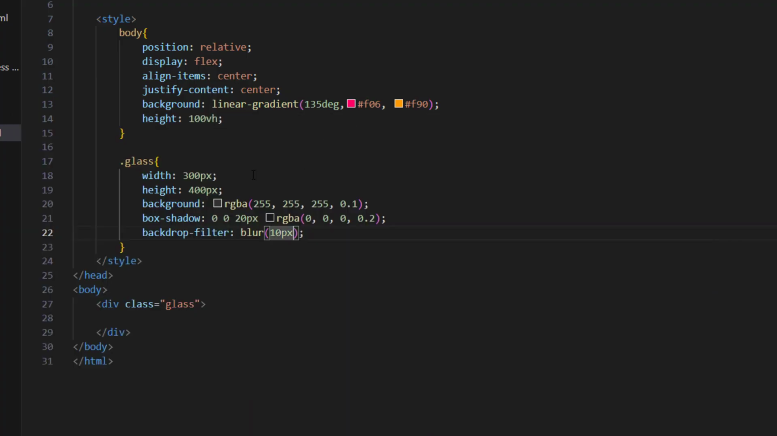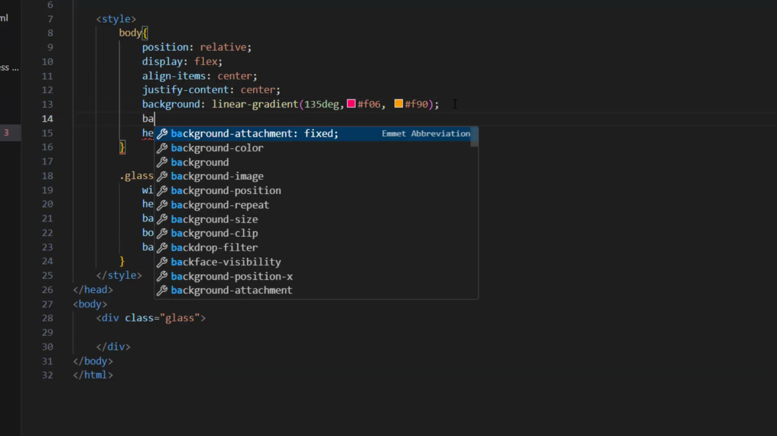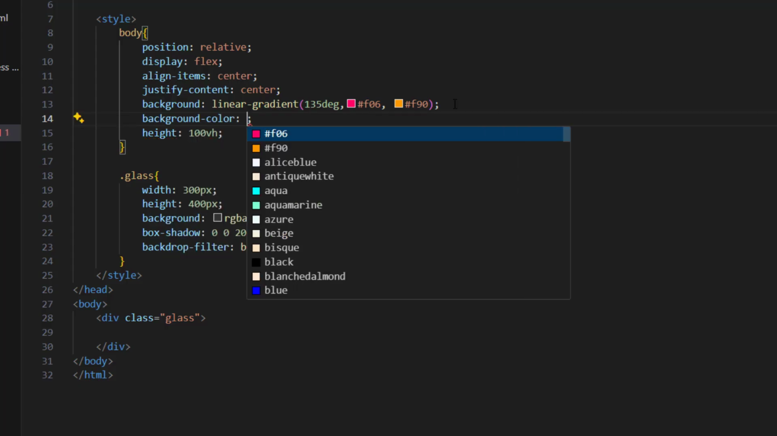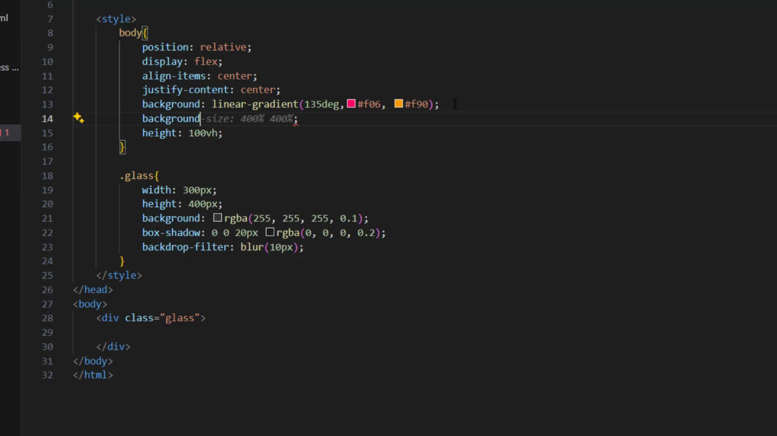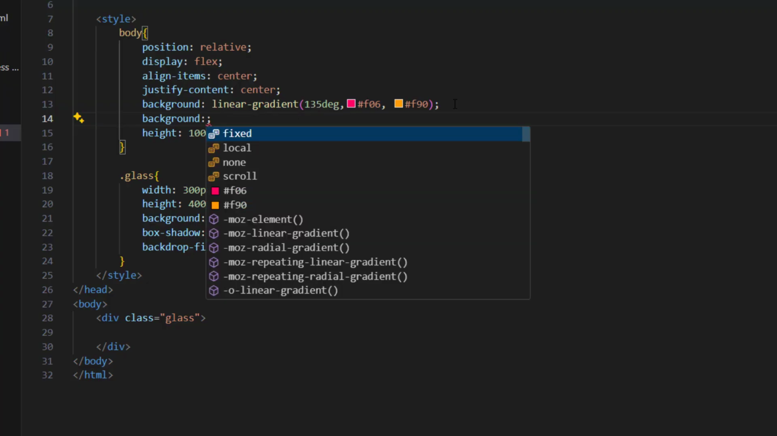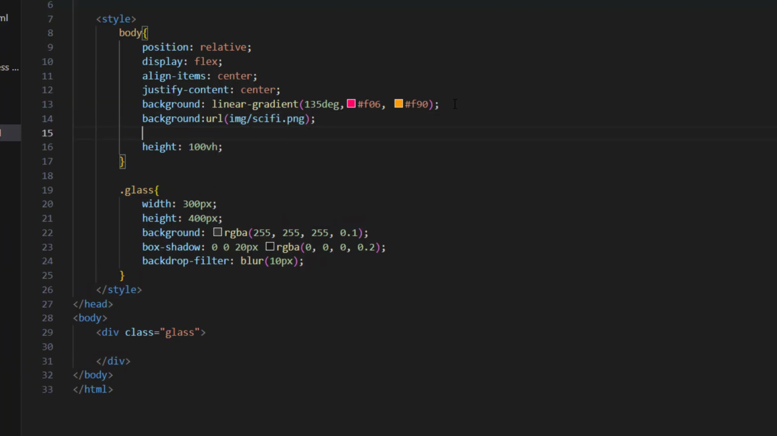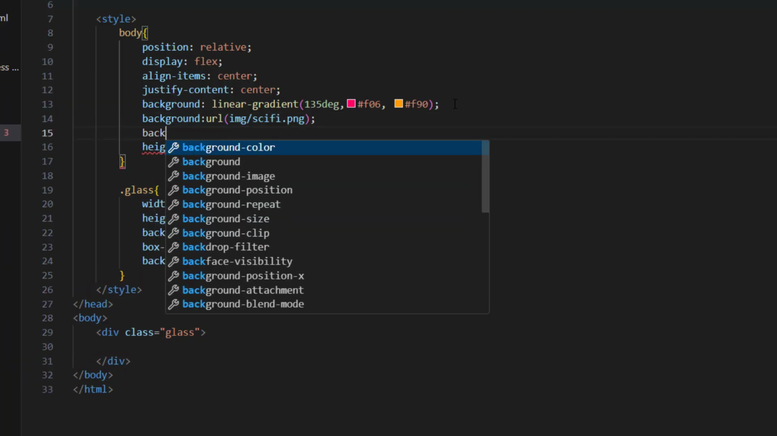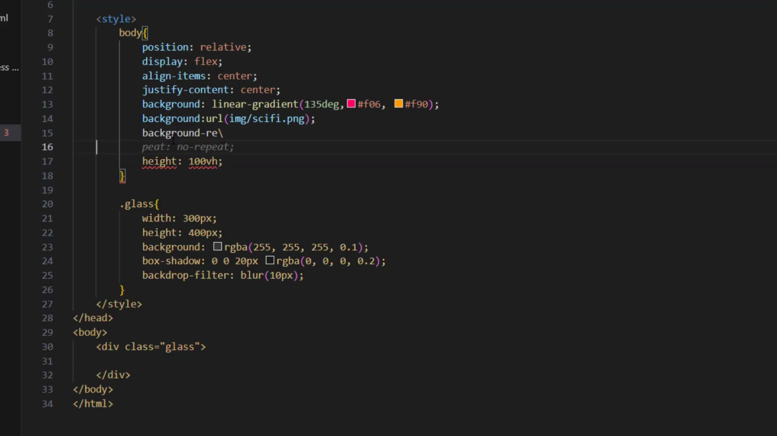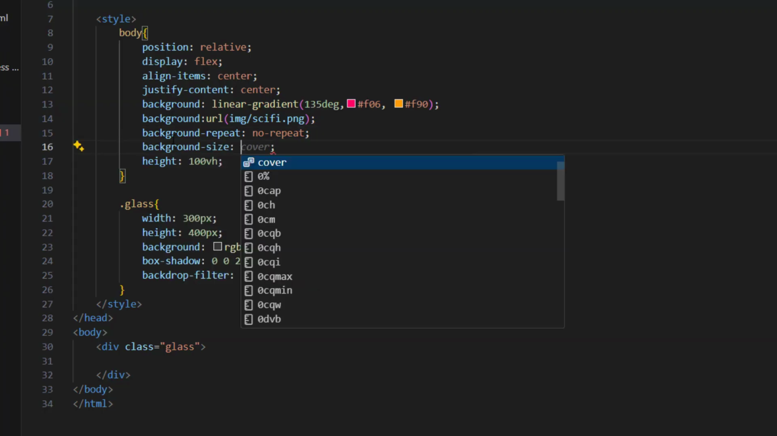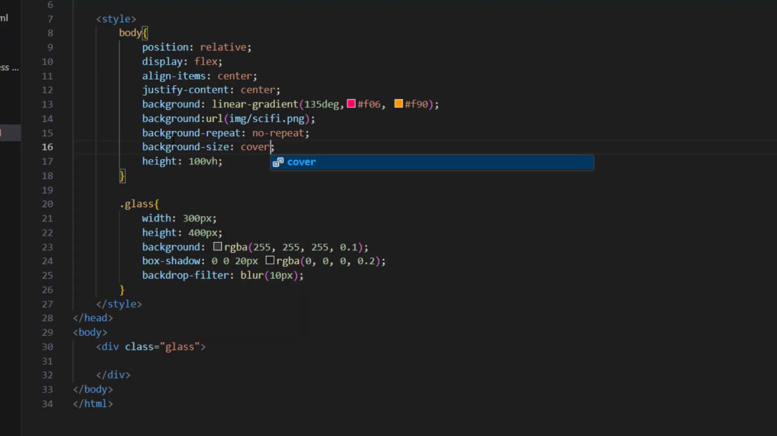Well, instead of linear gradient, let's provide an image. So background, not color, background URL sci-fi.png, which we have used earlier. Background repeat, no repeat, background size, let's make it cover. Let's hit save